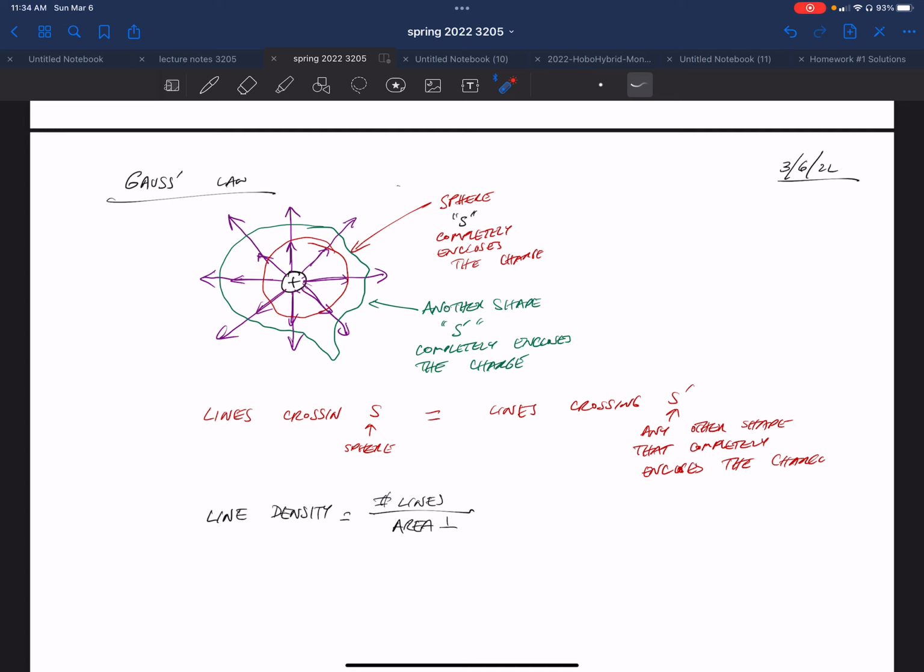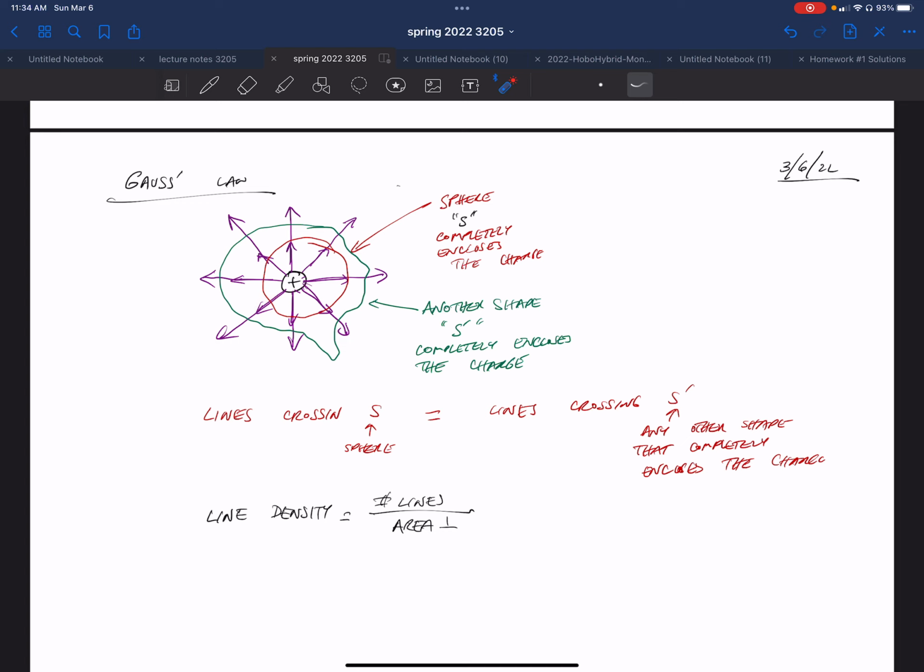And the reason it's this entire area is because I have a sphere, and because these lines of force are radial, the perpendicular area is guaranteed: whatever area I draw on the sphere, the area vector is perpendicular to the direction of the